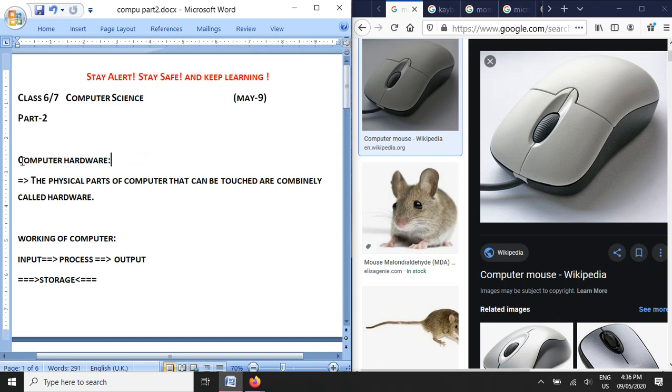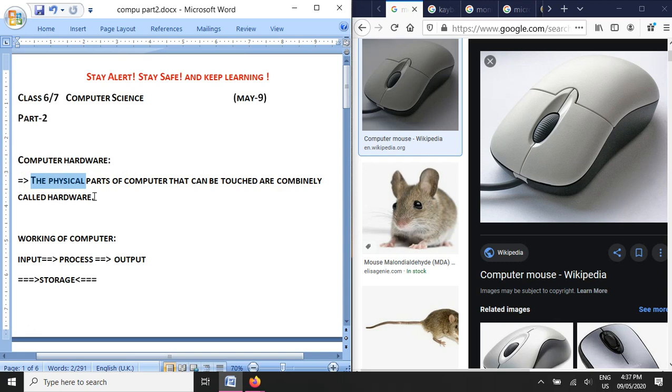For the basic definition, the physical parts of the computer that can be touched are combinedly called the computer hardware. So computer hardware is the combination of all the physical parts of the computer that can be seen and touched.